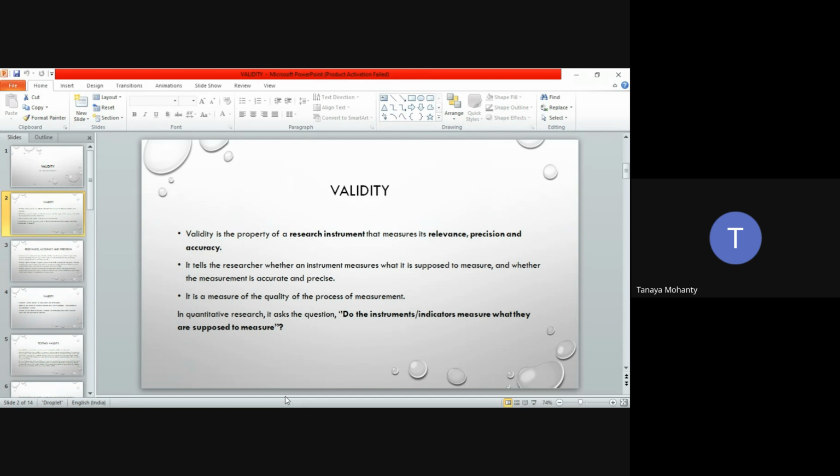So the basic question you ask in quantitative research is, do the instruments measure what they are supposed to measure? It might sound like an act of stupidity when I say that you are using a thermometer instead of a barometer, but it is extremely significant to ask this question in social sciences,